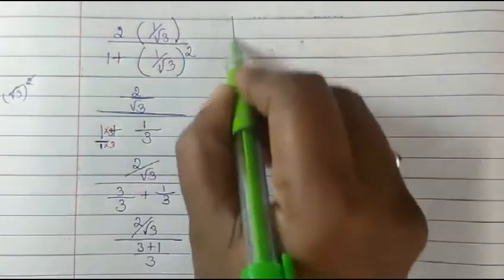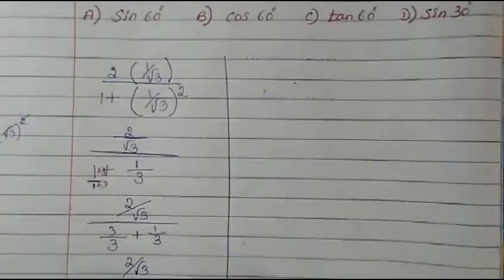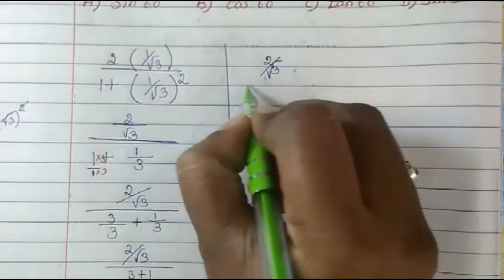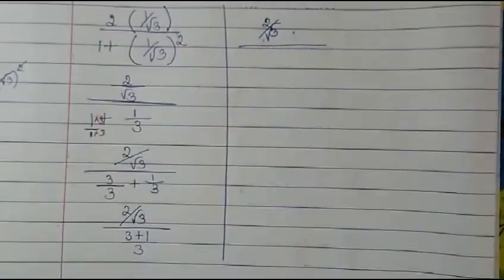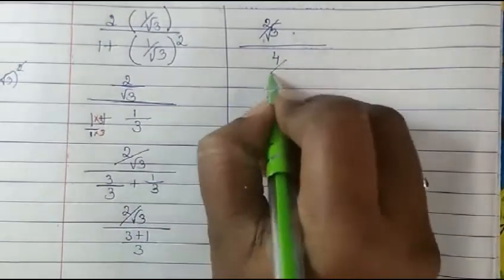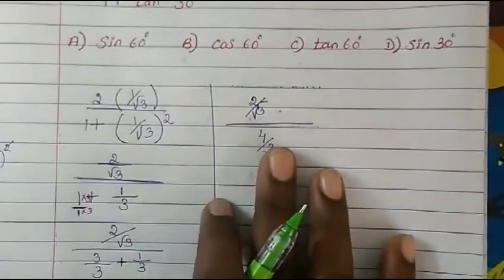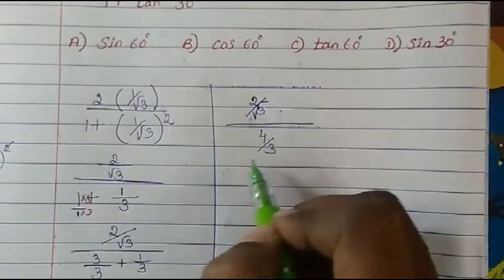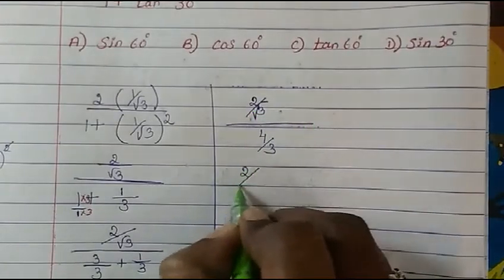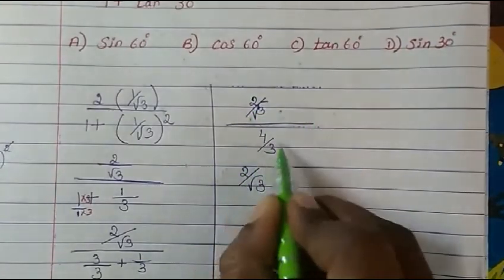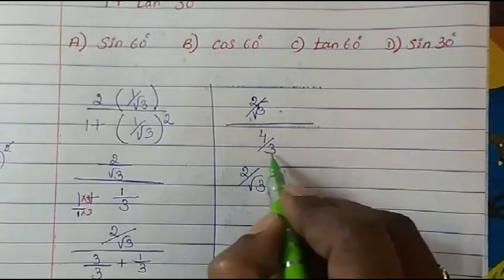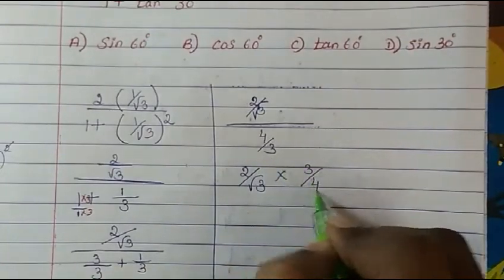So this will give us what? Root 3 upon here what we have, 3 plus 1 is 4 and upon 3. Okay, so now this what we will do, this whole thing is in denominator. So when we bring to this side, it will go to multiplication. So this will write down as it is, root 3. So the whole thing, when we get it this side, it goes to multiplication, but then reciprocal. This will come up and the other numerator will come down like this.